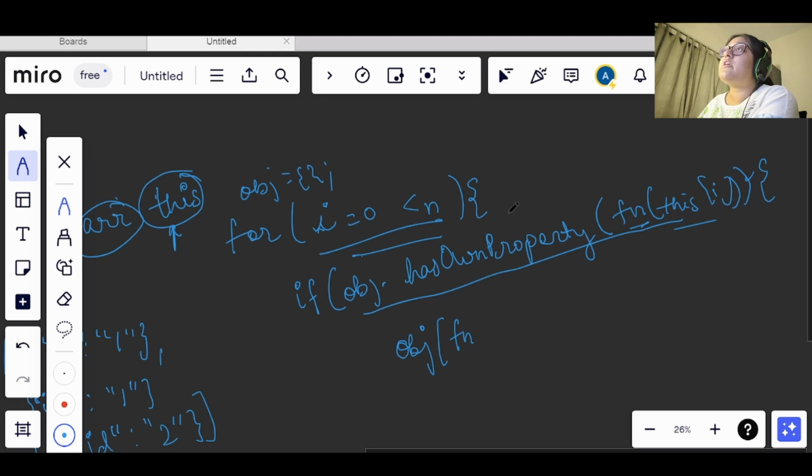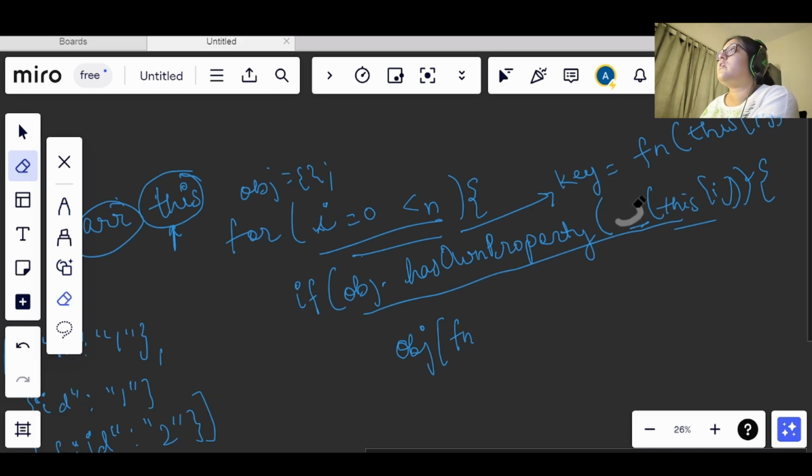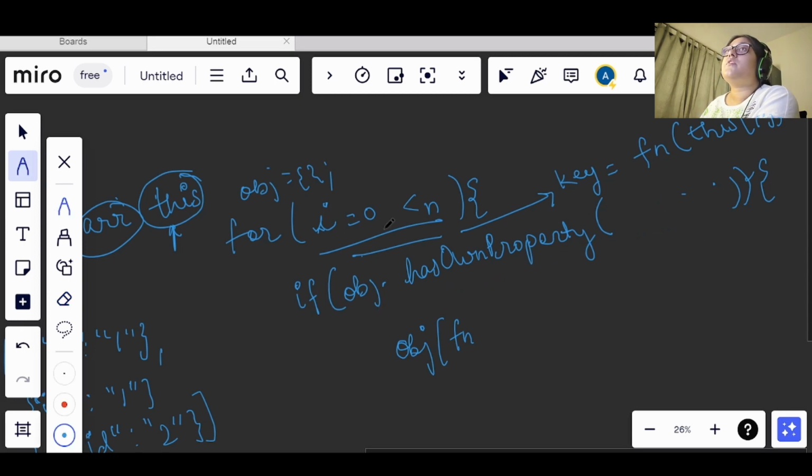So let's say we will declare a variable key here, and it will store fn of this of i. So we don't have to call this function again and again, right? We will use key here.